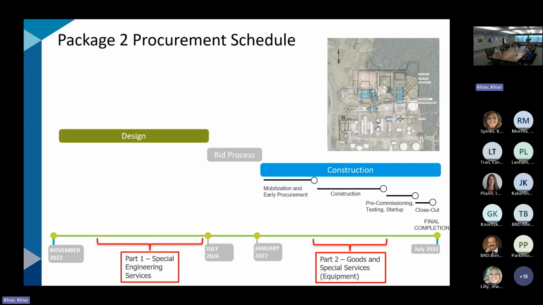We'd like to get started next year on part 1 of special engineering services, or as soon as we possibly can. And then part 2 would be a piece of the larger construction for the package 2 project. And that's 2027 and thereafter on the package 2 project.